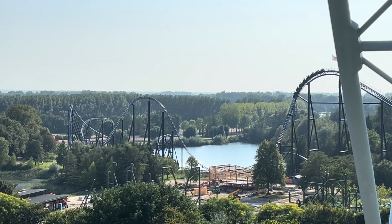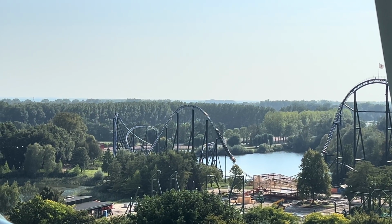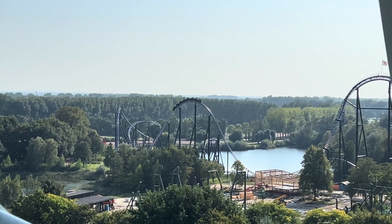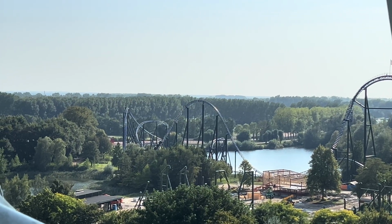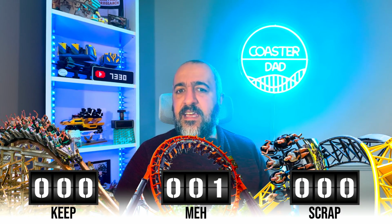Goliath. Now, when I went to the park, I was recommended to hit Goliath first before it got a queue, so I did. I went on it 2 or 3 times when I was there, and I was very much underwhelmed by it. I mean, look, it's not terrible. There's way worse rides in the park for sure. But I had high expectations for it, and it just didn't deliver for me. So I'm going to start kind of low in the take it or leave it pile, because that's where Goliath